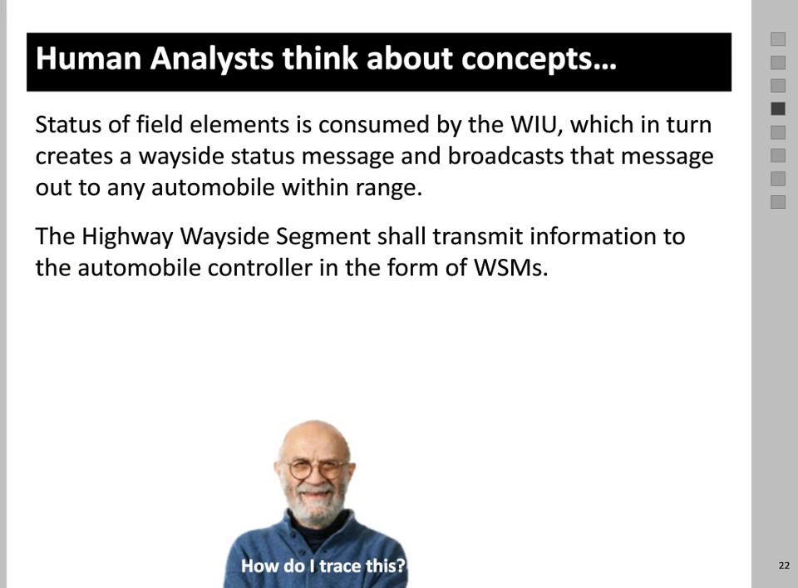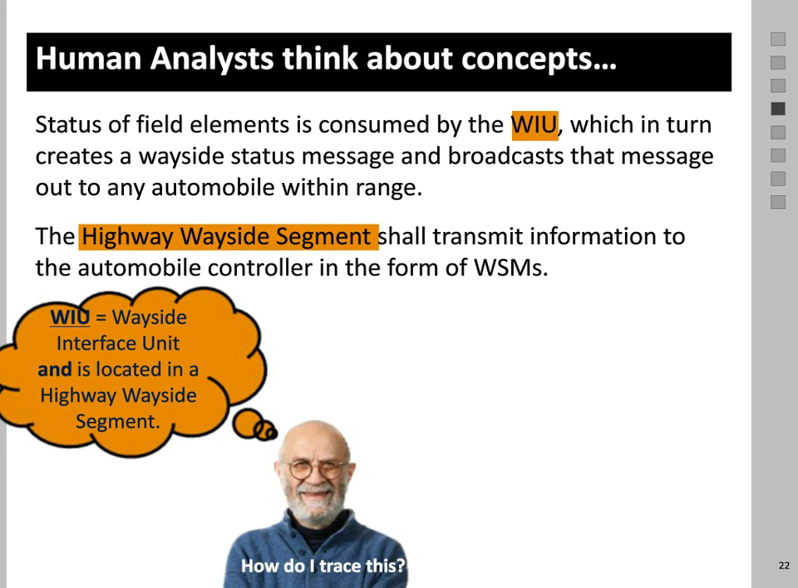So here's an example. We have a regulatory code, and then we have a requirement. The regulatory code starts with the status of field elements, and then the requirement is the second one, the highway wayside segment. And we wanted to think about how a human would actually perform this trace. One of the things you'll notice is there's very little in common in terms of terms between both of these artifacts. But a human performing the trace would know that WIU stands for Wayside Interface Unit, and it's located inside